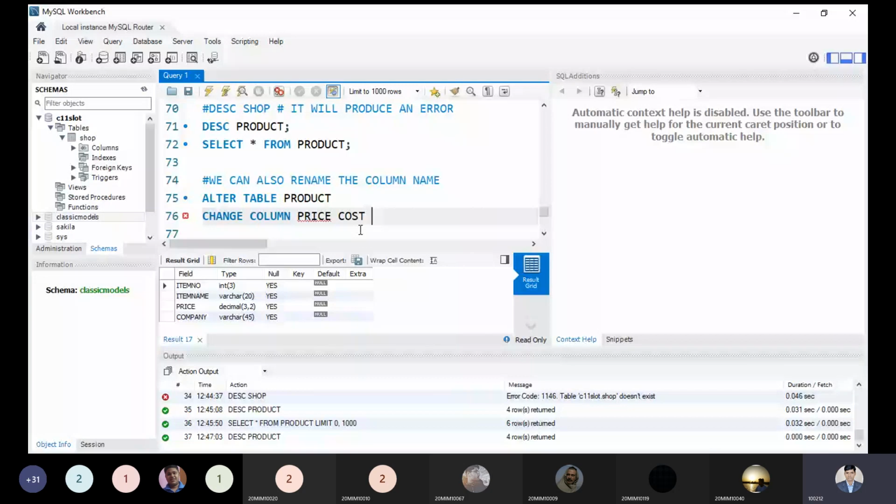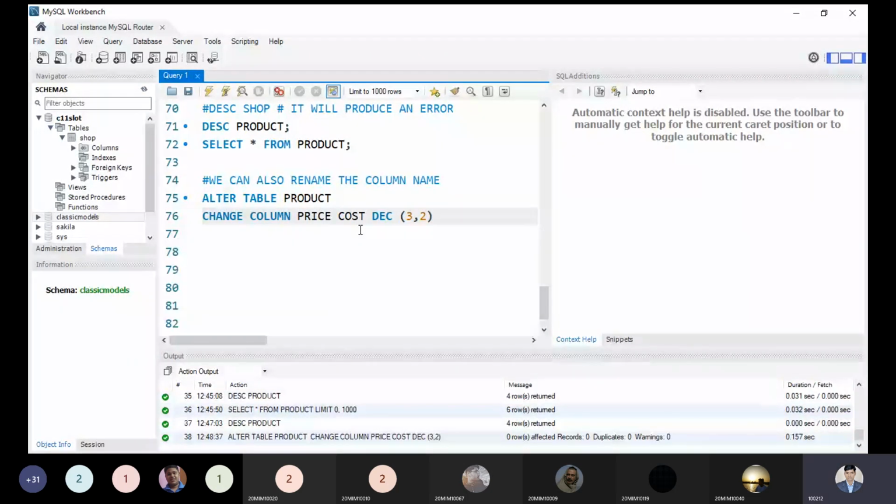The type was decimal, not integer. Okay, decimal. Yes, decimal, and the size we have given as 2 comma 2. We are keeping it as it is, or we can also update it. We are keeping it as it is right now, so there's no error. Now let me see. The code ran perfectly, and let me check again the description of my table.